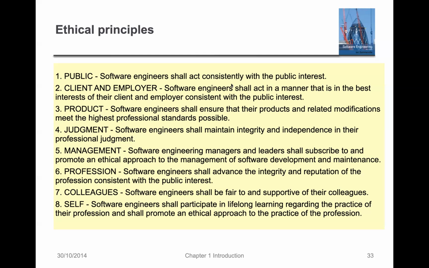The managers and leaders shall subscribe to and promote an ethical approach to the management of software development and maintenance. Meaning, people that are doing software engineering, managers and leaders, should subscribe to and promote an ethical approach in the management of software development and maintenance. Self-explanatory. The profession: software engineers shall advance the integrity and reputation of the profession consistent with the public interest. Colleagues: you should be fair and supportive to your colleagues, and also you should participate in lifelong learning regarding